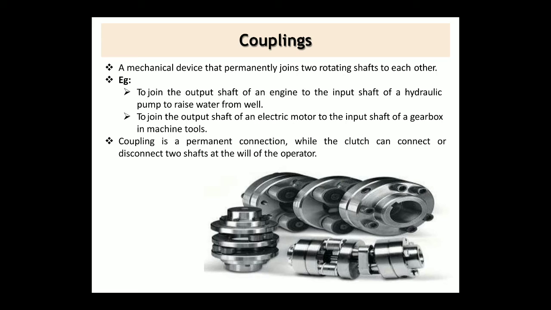Now we will see the purpose of using couplings. Shaft couplings are used in machinery for several purposes. Some of the purposes we will see. The purpose of a shaft coupling is to provide the connection of shafts of units that are manufactured separately, such as a motor and a generator, and to provide for disconnection for repairs or alterations.